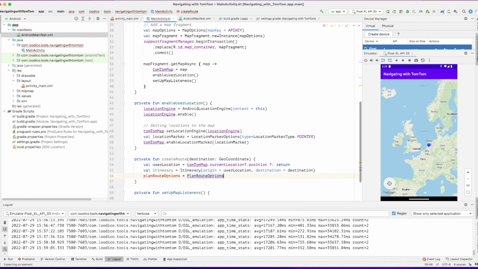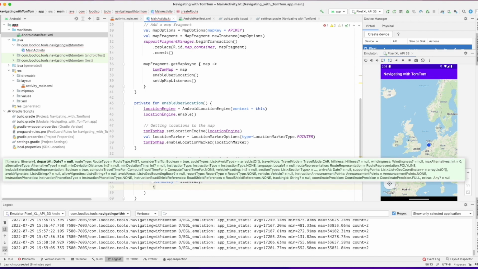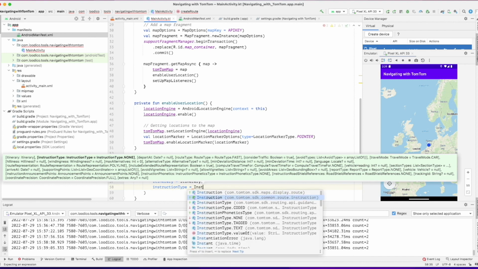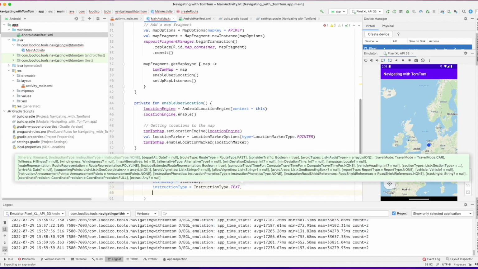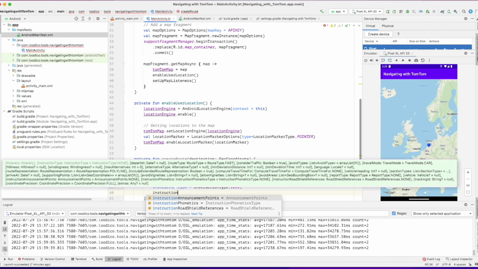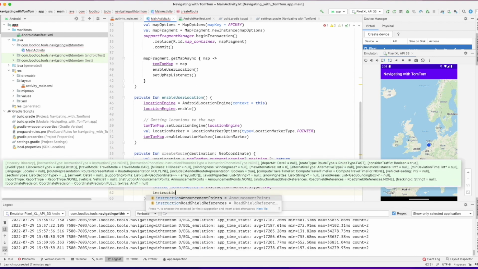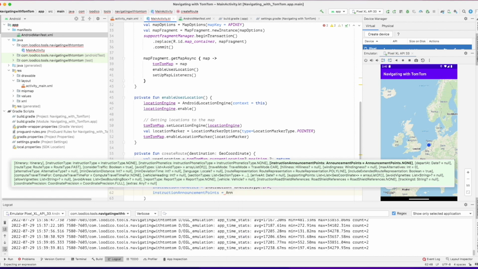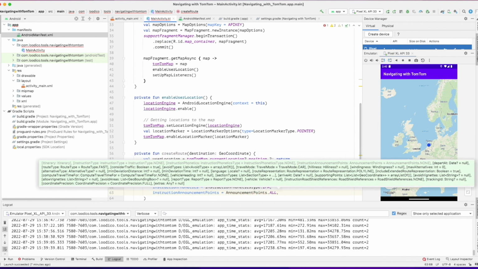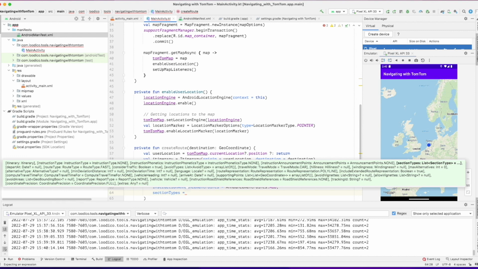And now, what kind of route are we going to create? We have to pass not only the parameter, but also if we want the instructions. And this is very important because I'm planning to use this route that we're going to create right now into the navigation SDK for navigating itself. And in order to get the voice command, the voice announcements, we need to set that we need instructions when we create the route.